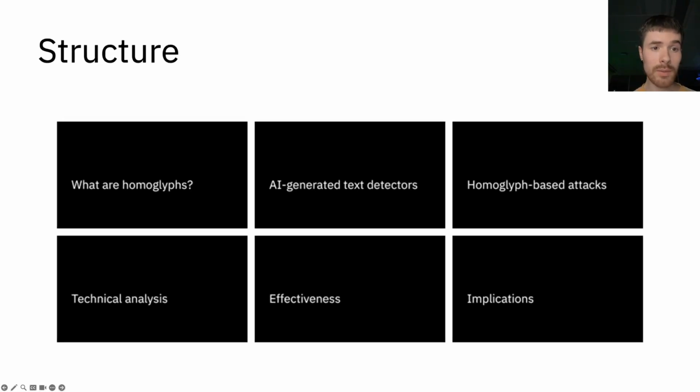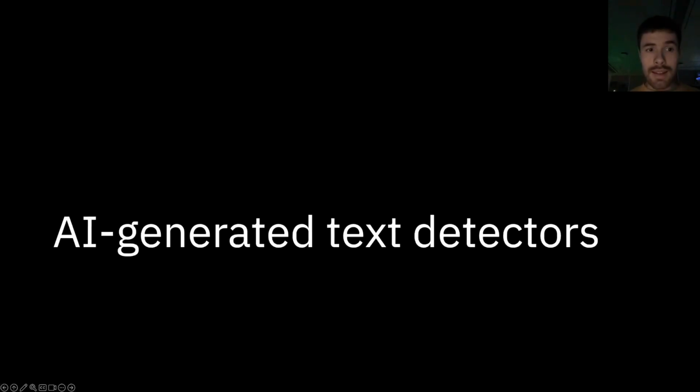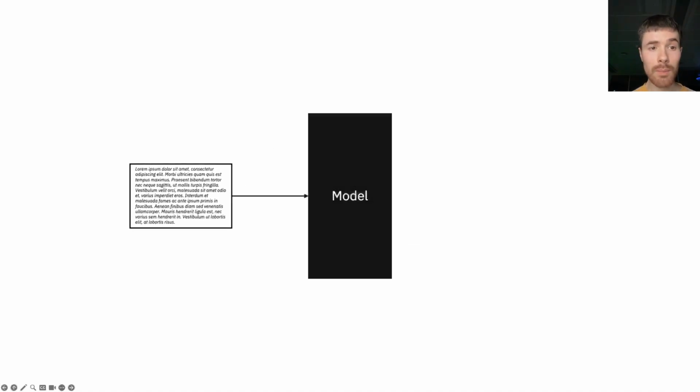Now that we have a little bit of background about what homoglyphs are and how they work, let's talk a little bit about how we can detect AI-generated text. For that, I'm going to focus on three main families of systems. There are more, but I think these are the most important ones. First, there's a thing that we call a classifier. The idea is very simple. I give you a text, you use a model. It doesn't necessarily have to be an LLM, but just a model that you trained on a lot of texts,